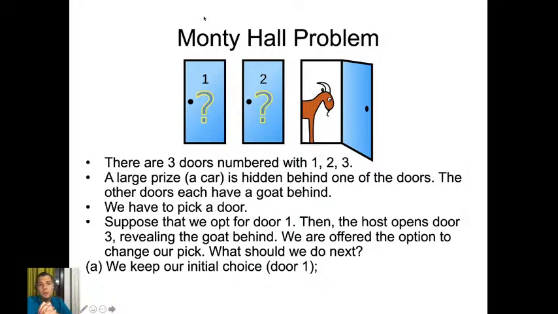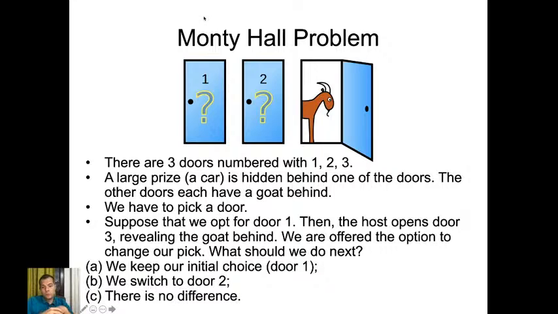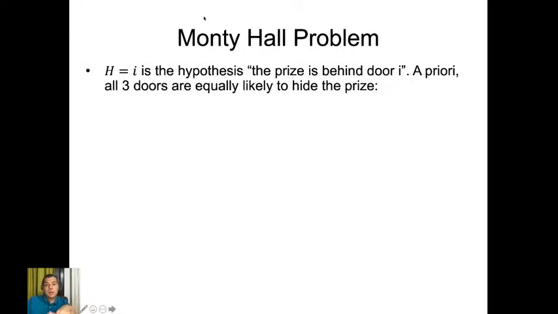Many of you probably already know the problem and already know the right answer, but you will also see the proof now. Our options are to keep the initial choice, or to switch to door number 2. So either we think that we improve our chances by keeping the door, or by switching the door, or actually they still have equal chances and it doesn't matter. So, modeling this problem with the Bayes hypothesis, it's about knowing